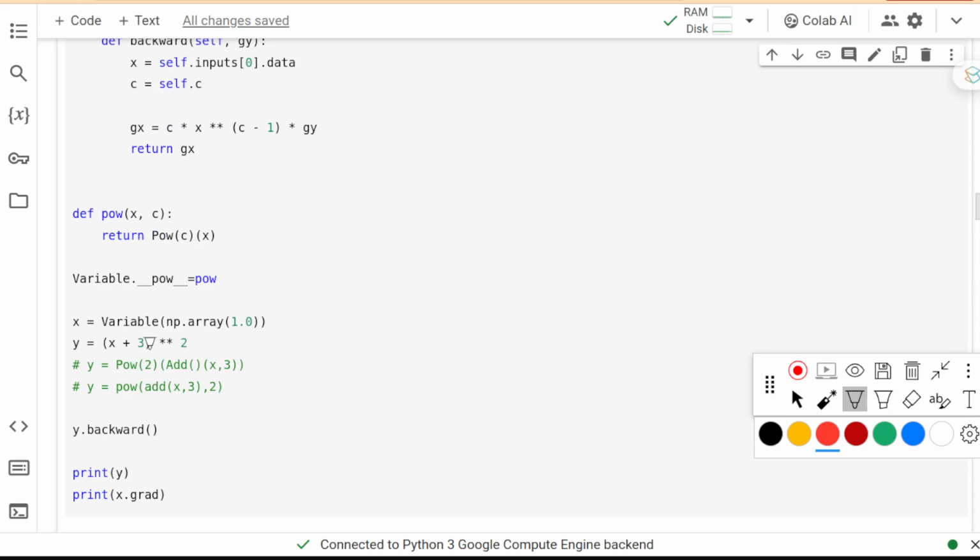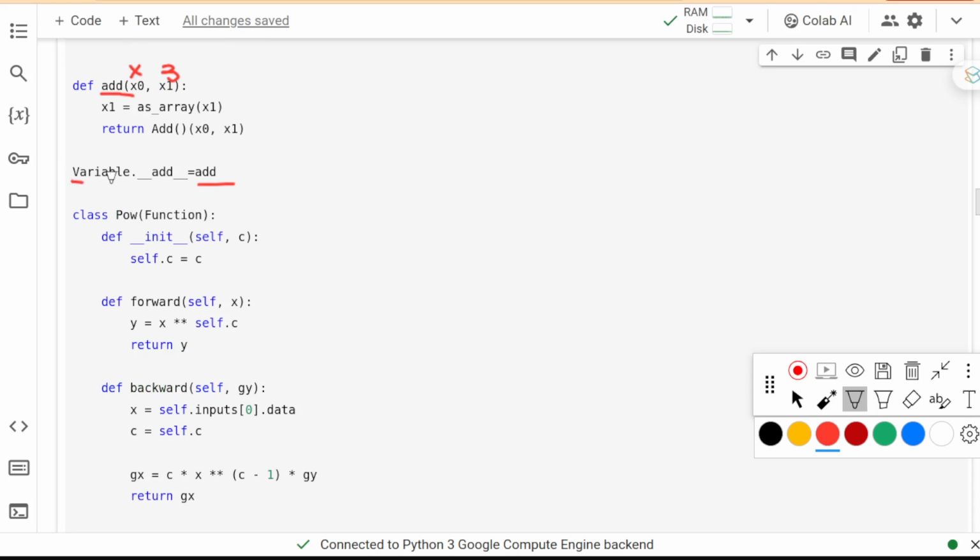Because 3 is a built-in type, it has a built-in add function for it, so we don't really need to define anything for it. But for the x, it's a variable object defined here. So the variable object must override the add operator this way. Okay, so the x plus 3 will actually call the function x plus 3.